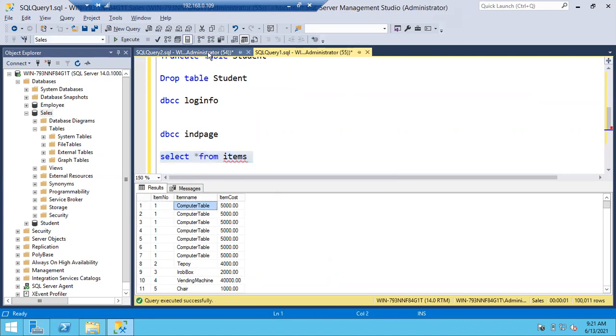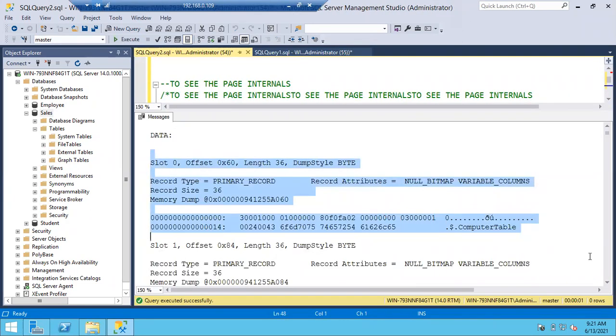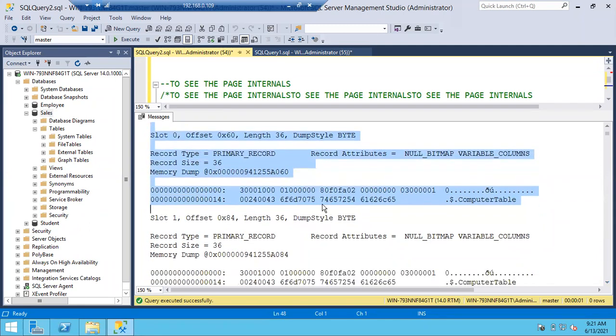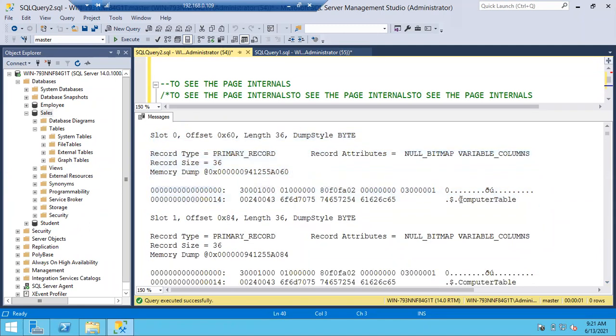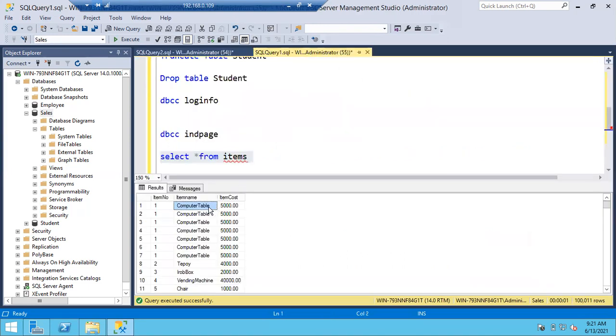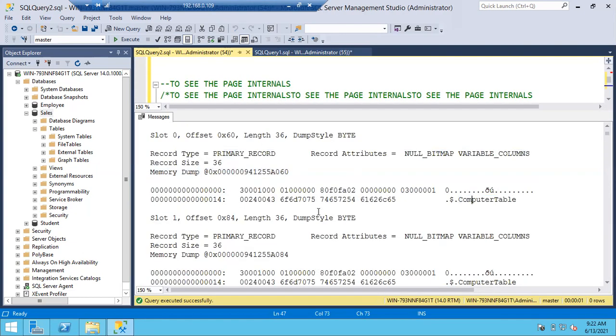So what is the first record? Computer table, right? If you go here, slot 0, see here, computer table, which will be encrypted. You cannot see the exact record, you can see the encrypted value. Other values will be encrypted. How many computer tables are there? 1, 2, 3, 4, 5. The eighth record is TPOI, so till then you can see computer table only.